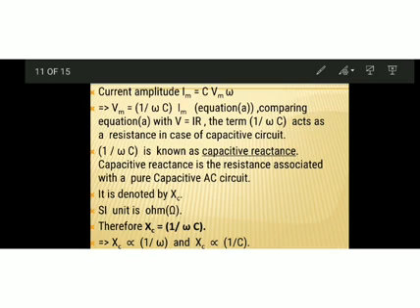Okay, so the unit of both inductive reactance and capacitive reactance are same, that is Ohm itself. Inductive reactance is the reactance or resistance associated with the inductive circuit. Capacitive reactance is the resistance associated with the capacitive circuit. Inductive reactance is denoted by XL. Capacitive reactance is denoted by XC. Okay, so while studying the AC circuits, always compare and study. Then it will be easy for you to remember all those concepts.